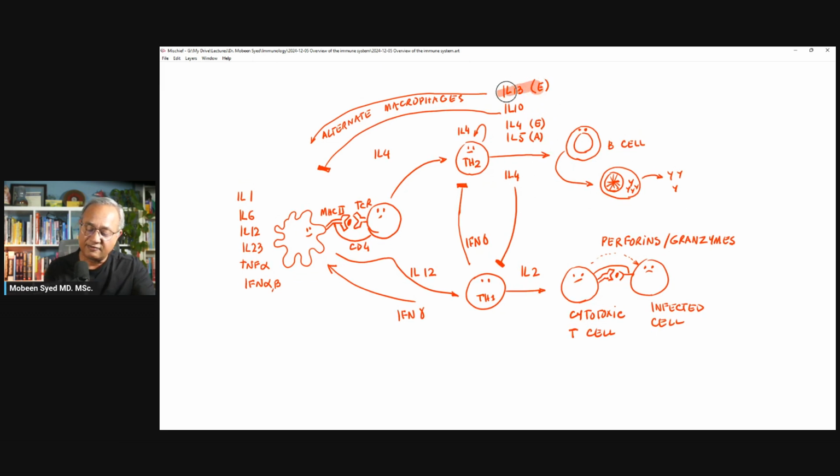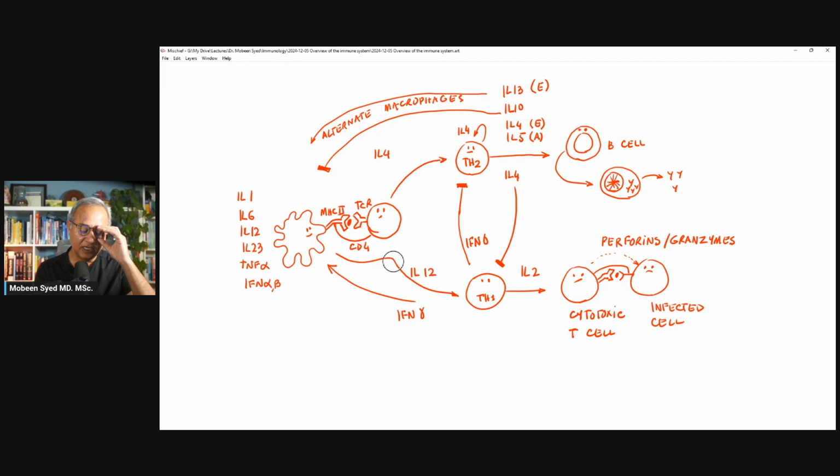And just one thing I left here, interleukin 13 that is released by T helper 2 cells can actually go back to the innate arm and change the behavior of the innate arm. Interleukin 10 suppresses the innate arm. Interferon gamma activates the innate arm. Interleukin 13 transforms a macrophage into the alternate macrophage. What is an alternate macrophage? It is an M2 macrophage, mostly declared as an anti-inflammatory macrophage, and this works more with the parasites and other